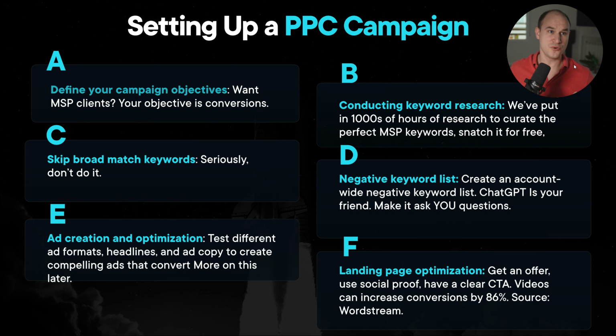So if you want to make a negative keyword list, ChatGPT is your friend. Before ChatGPT, there was no way in hell that you would have access to this information. This was a very painstakingly built asset for marketing agencies, investing hundreds of thousands of dollars in order to build these lists. But there you go, ChatGPT, right? It's not exactly like that, because even if you do your keyword research and you use our list and you go to ChatGPT, you're still going to waste quite a bit of money at the beginning, because you're not going to do it perfectly the first time.